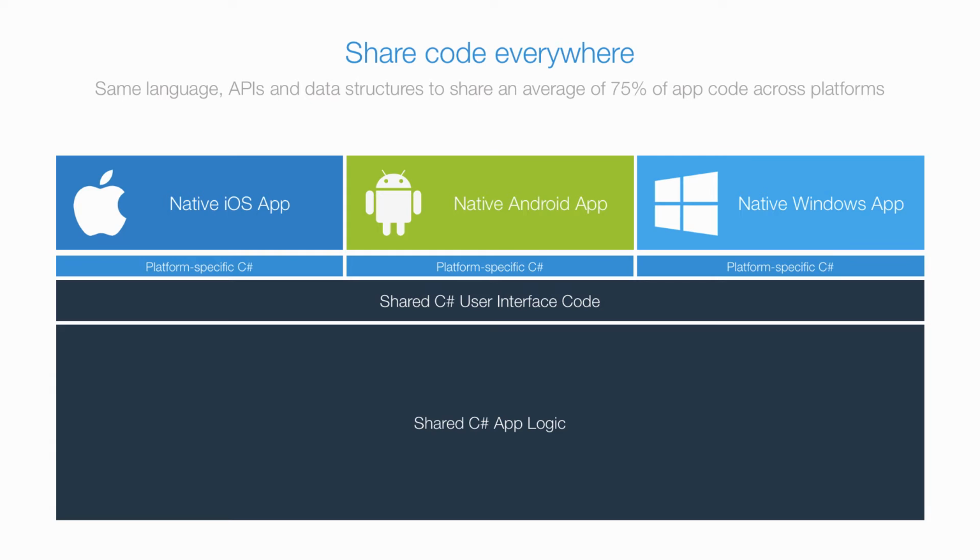Now, this 75% code could be app logic. Most of it should be app logic, what is going to be happening throughout the entire application, no matter what platform we're in. But it could also be shared C# user interface code. So we may define the UI with C#. We can of course use a designer, but we could use C# to define the user interface. And this would actually improve the amount of code that we're going to be sharing throughout each of our applications,